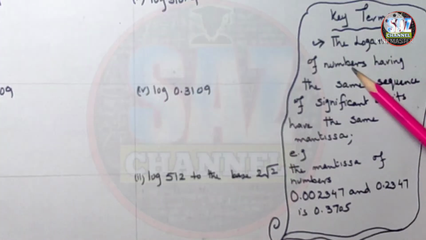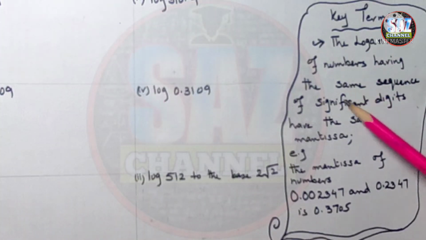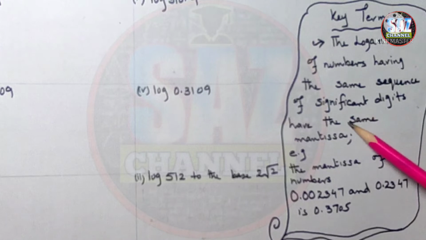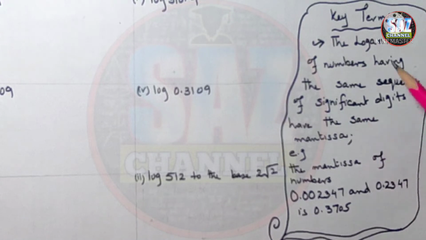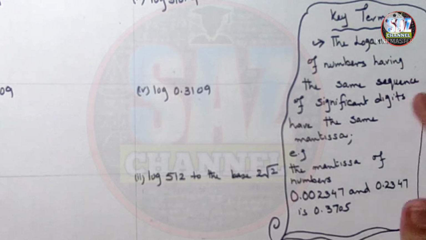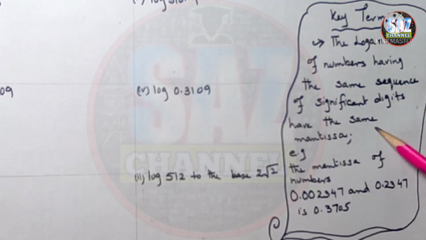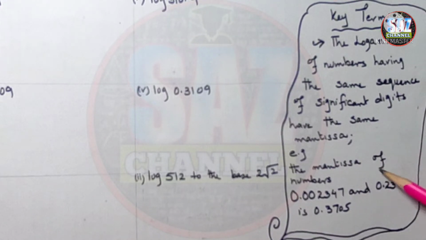The logarithm of the numbers having the same sequence of significant digits have the same mantissa. This is really important to understand and keep in your mind for your board exam as well, that the logarithm of the numbers having the same sequence of significant digits have the same mantissa, and mantissa of the number, for example